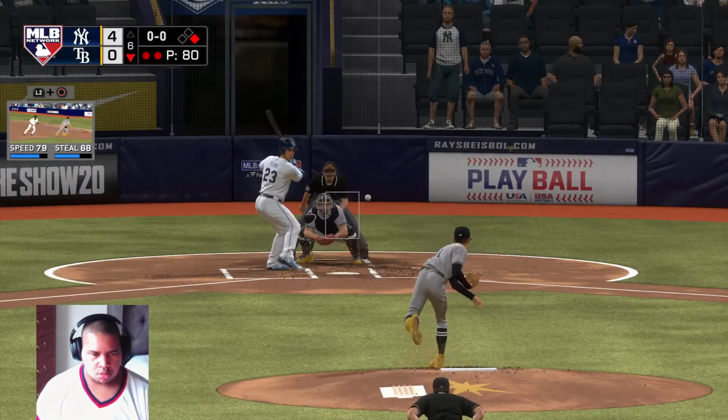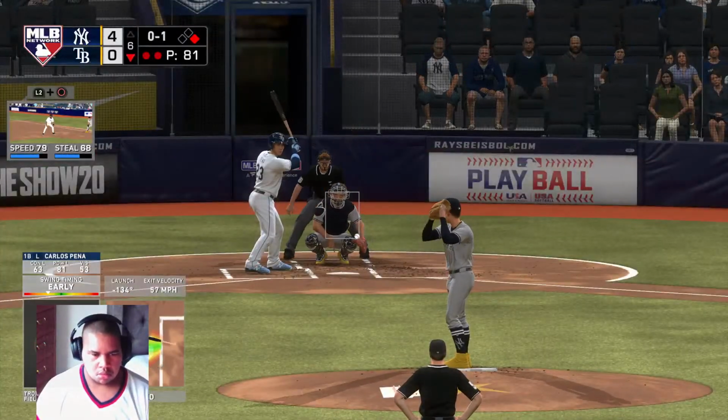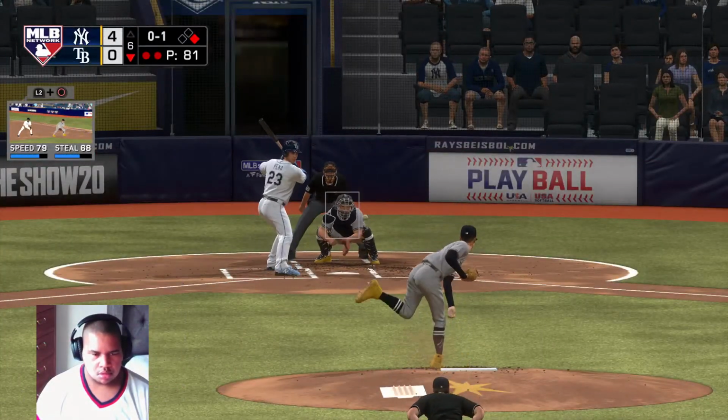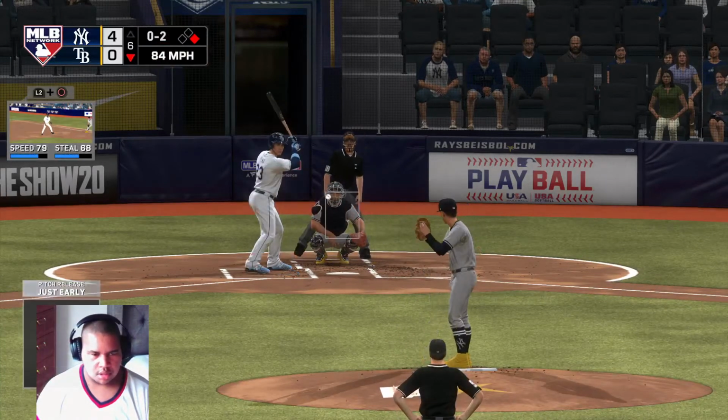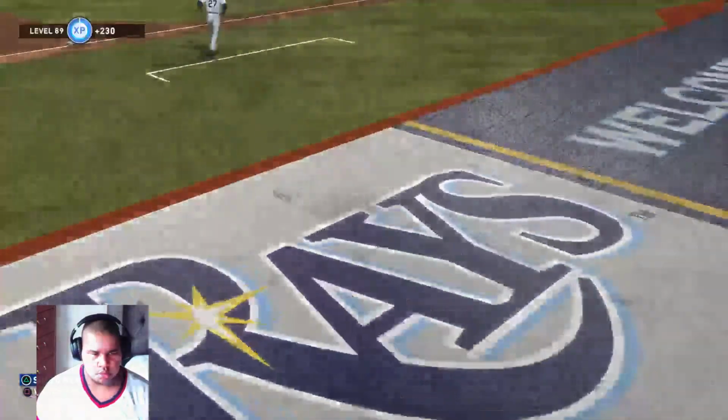Into the box, Carlos Pena. Just able to get a piece of that for strike 1. He's hitless in his 2 at-bats so far. That's in there, and he's deep in the hole now, 0-2. Down 0-2. Threw it right past him, a swing and